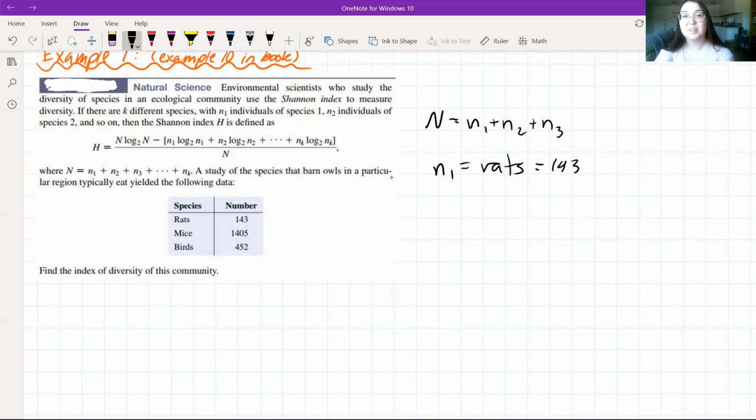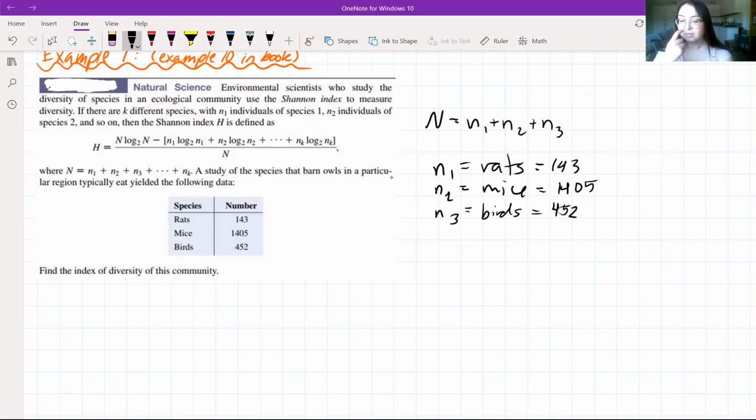Now n sub 2 is going to represent mice, and there are 1,405 mice, so n sub 2 is equal to 1,405. Then n sub 3 represents birds,